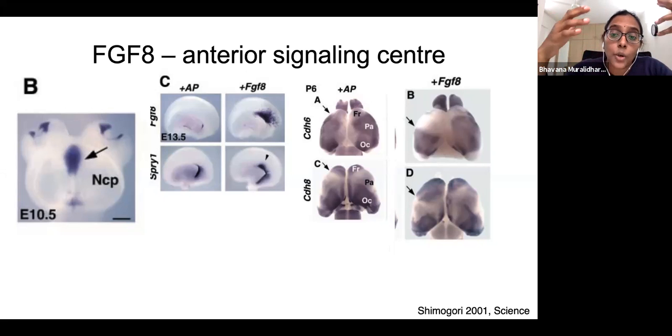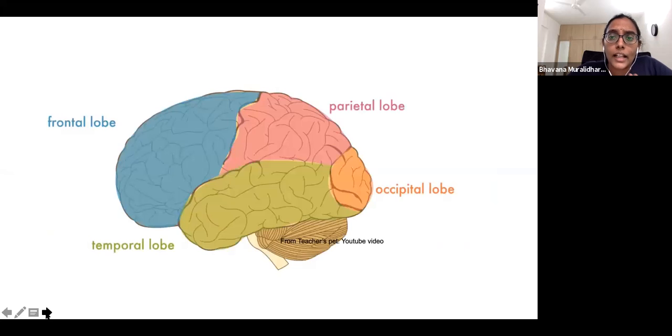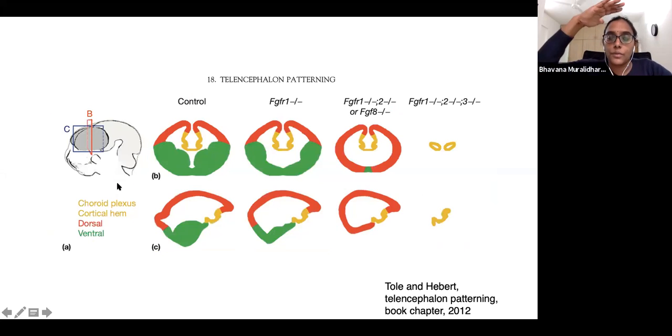And they go on to show that indeed some of the regions in postnatal brains are also changed because of this signaling center. So this is one such example of how such signaling centers pattern the brain across the anterior posterior axis, particularly the forebrain, which is important to make the different regions like the motor cortex, somatosensory cortex, auditory, and the visual cortex in the right places. So, okay, and one more example I would like to tell you is this